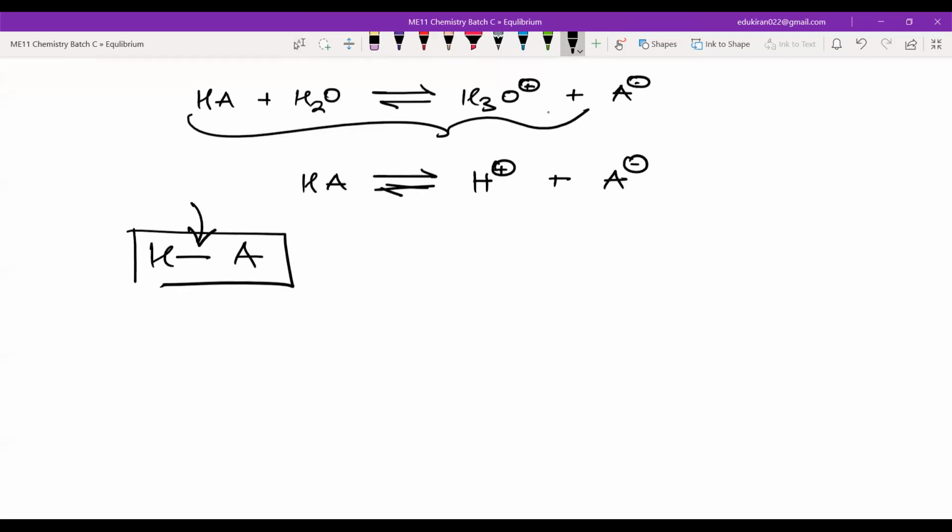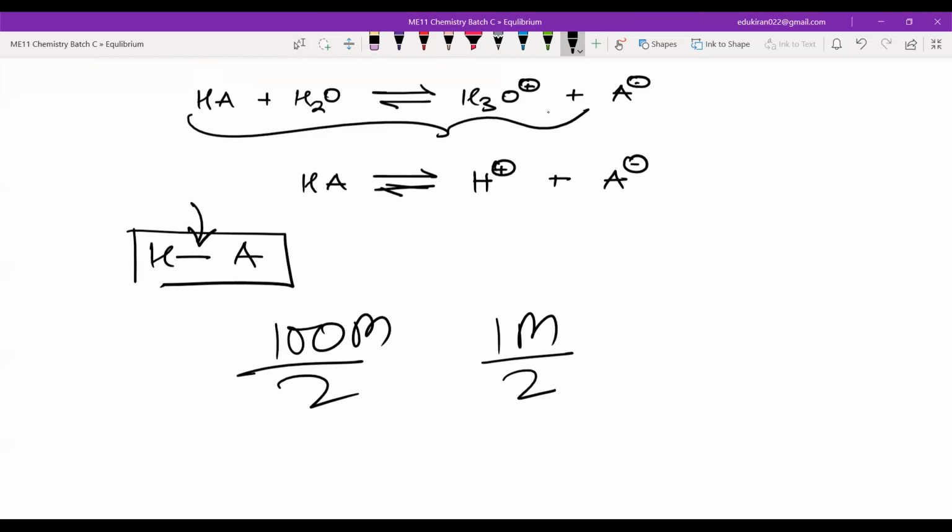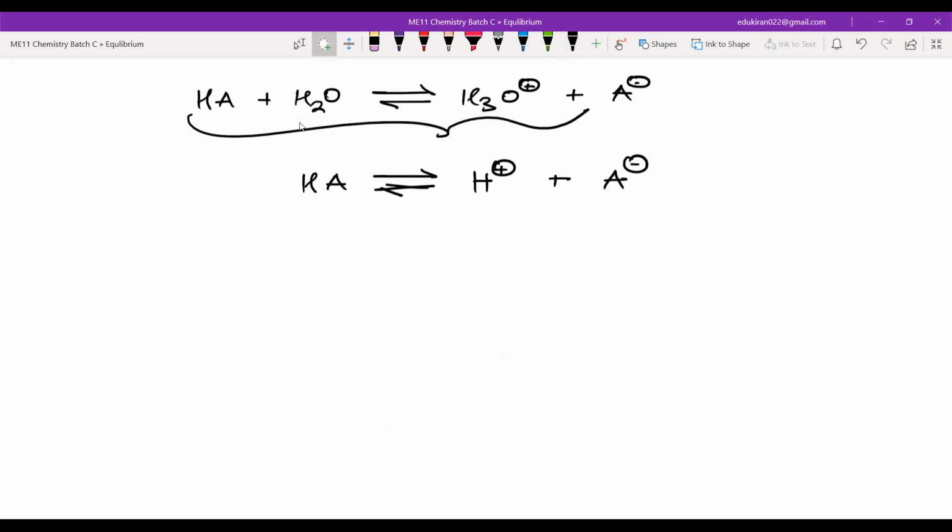Okay. Now, when it is dependent on the bond, no matter if I am taking 100 mole or 1 mole, what can happen? Half of this will be dissociated, and here also half of this will be dissociated. So the fraction of acid concentration that is getting dissociated will be a constant, and that is going to be very useful to us. And that constant is known as the degree of dissociation. Degree of dissociation means the capability, the tendency of an acid to get dissociated. Is it high or is it low?